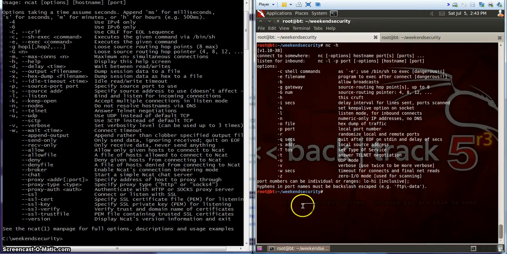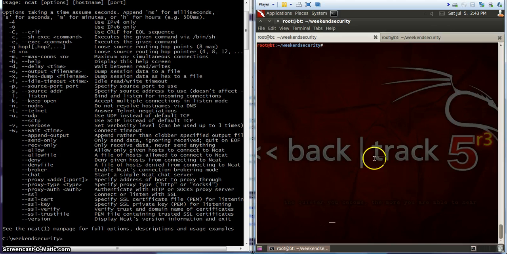Now let's see how it works when we're actually doing something. As I told you, this is a client server model. So using NetCat, I can open a port on the server, and using NetCat also I can connect from a client box to the server. So what I'm going to do is, on the Linux box, host the server, which is nothing but opening a port